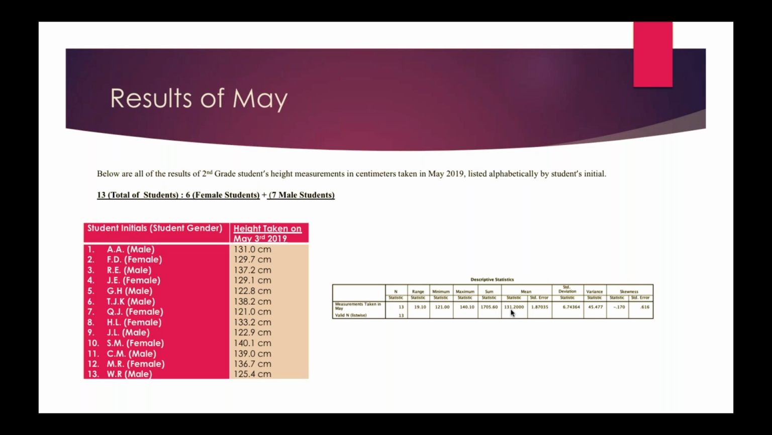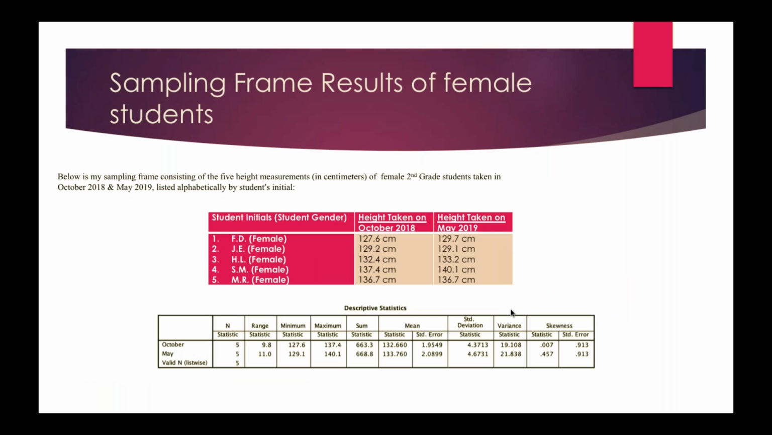They grew, I would say, approximately 2 centimeters. All right, so then out of that 13, I decided to choose 5. So these are the 5 female students. This is their height in October, this is their height in May, and then I ran a descriptive test again, and then this statistic is for